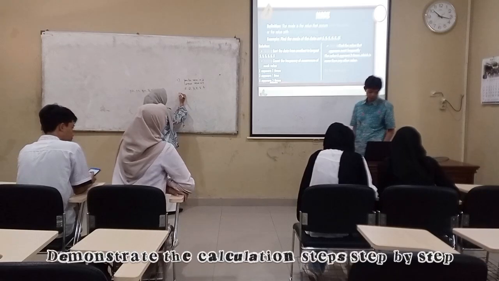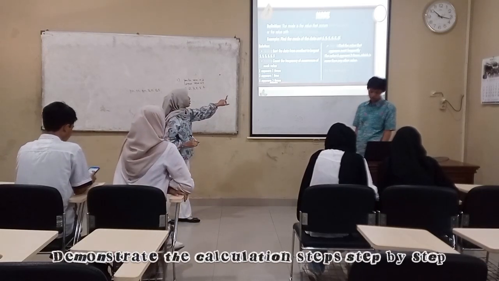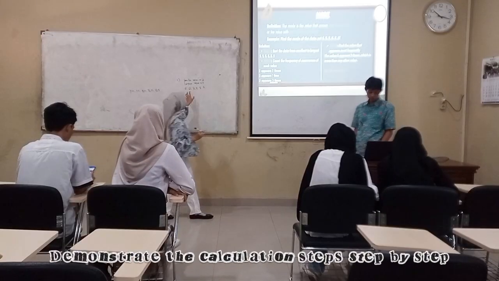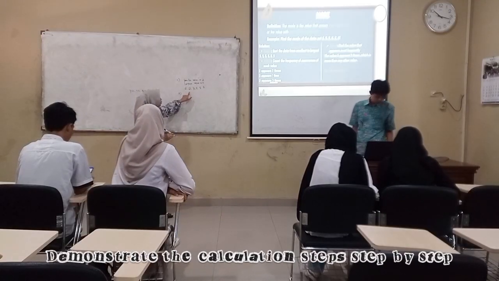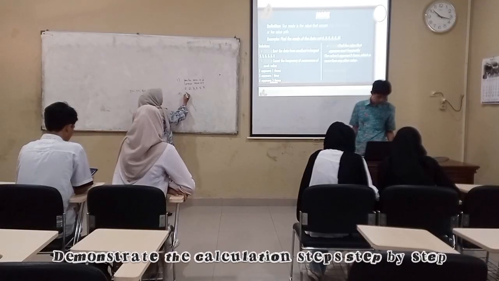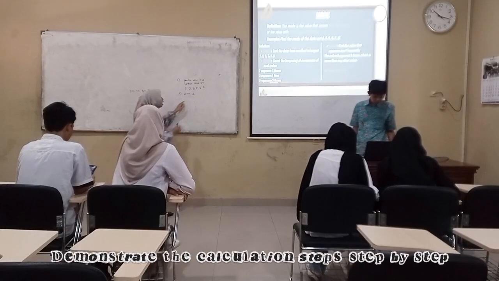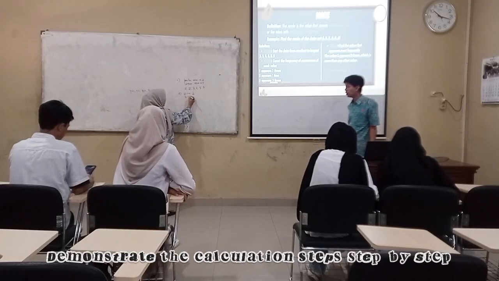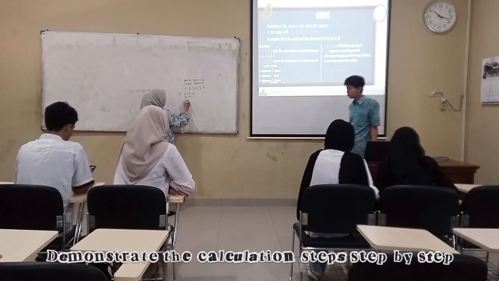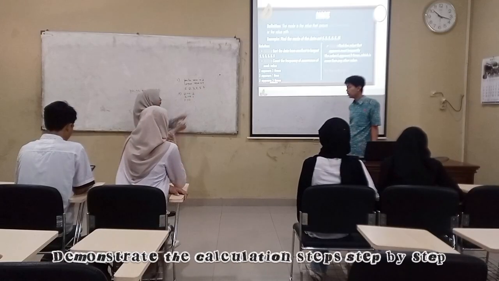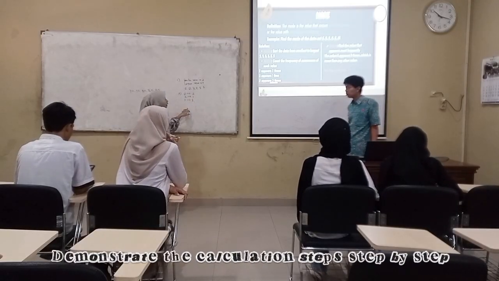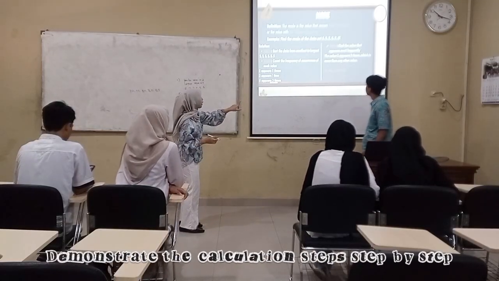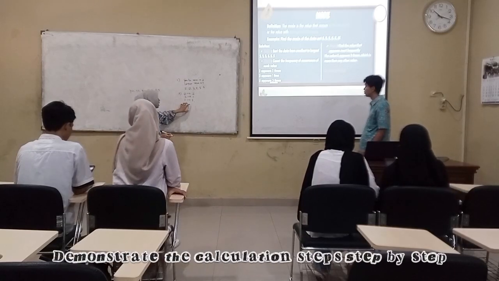Okay. And step 2, count the frequency of occurrence of each value. From this data, for the value 2, how many? 2, good. And then for the value 3, 1, good. And last, for the value 5, 3, good. And then last step, find the value that appears most frequently. Okay, from this answer,